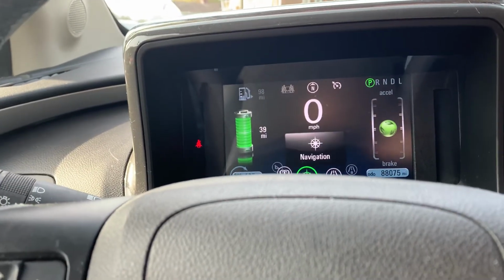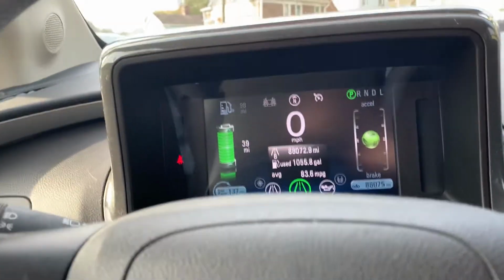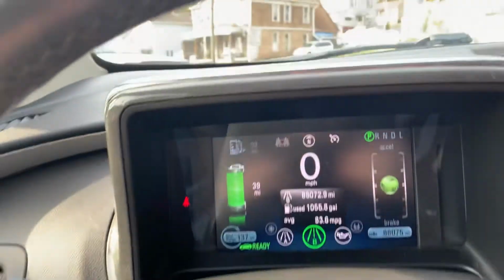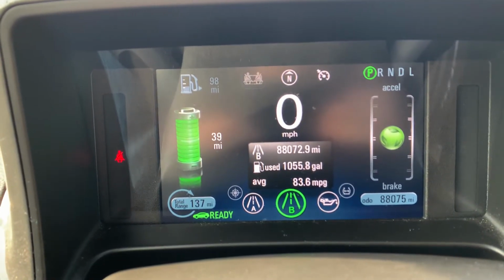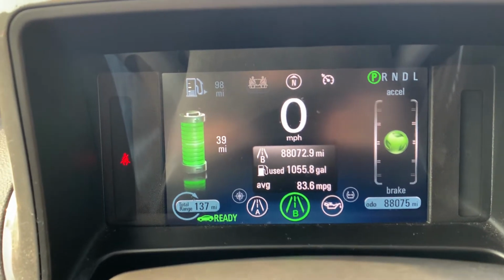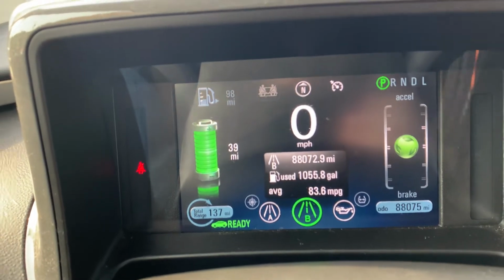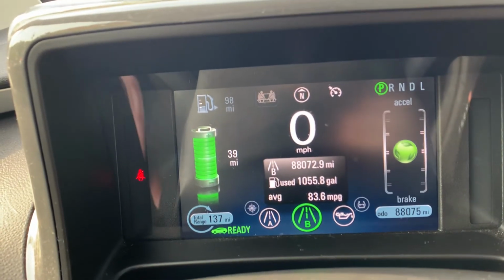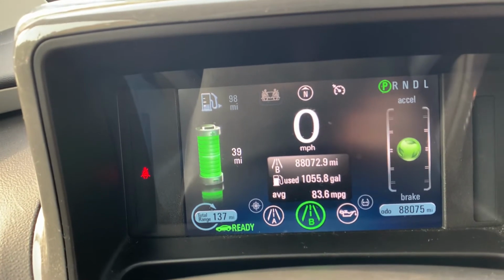This one actually had the trip meter set since it was brand new, well, almost brand new, and you can see that it was mostly plugged in the whole time. It's only used about 1,055 gallons worth of fuel for 88,075 miles. So this person, whoever used it the way it was meant to be used, plugged in every night, drove like that. When the battery is fully charged and you're not on the hybrid system, that's when you have the best